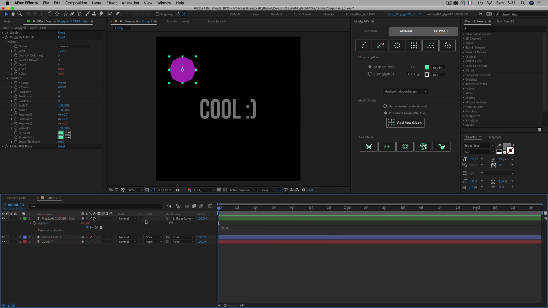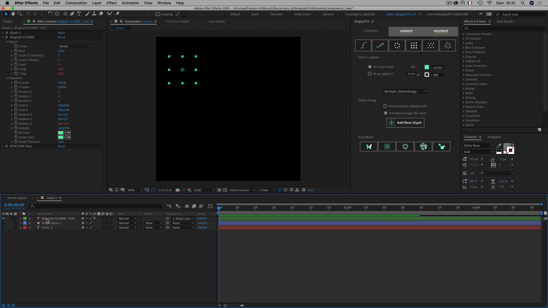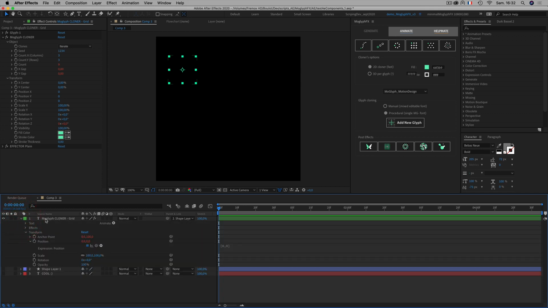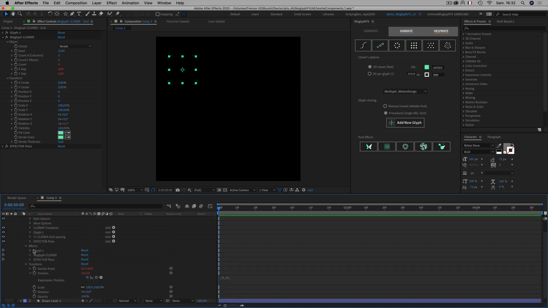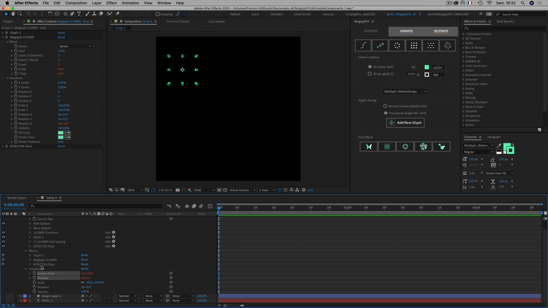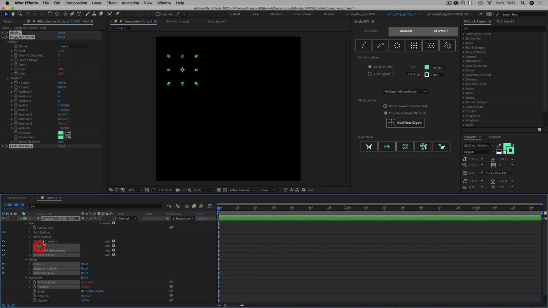So this is it. The nice thing of it is that you can select your Moglyph grid cloner and save this to be a preset. So to do that, just drill down all the things that are contained in your text layer, okay? And you have to select some of the text group, some of the effect group, and some of the transform group. So be sure to take the position, anchor point, effector plane, Moglyph cloner, glyph 1, effector plane, cloner grid spacing, glyph, cloner transform, more options, path options, and source text. So with all these selected, you can just take it and drag them